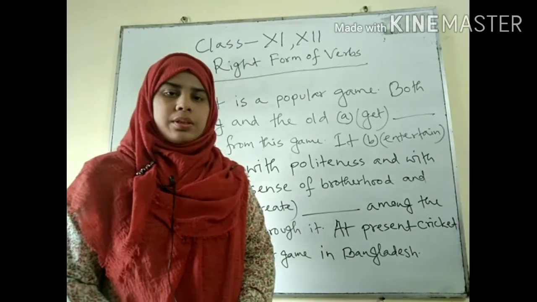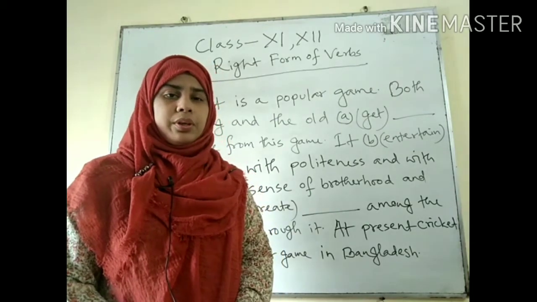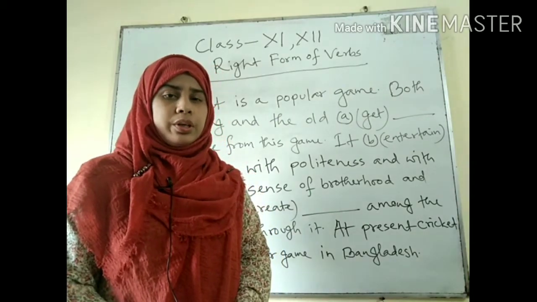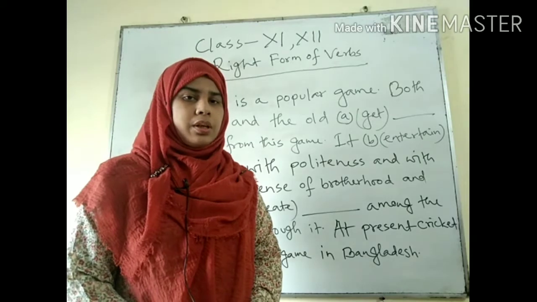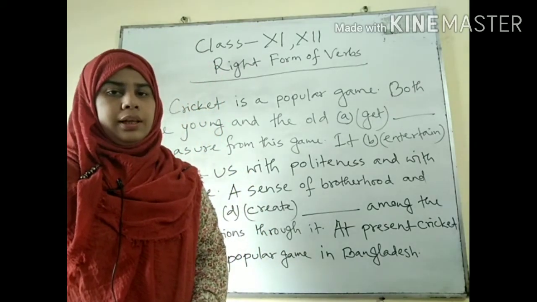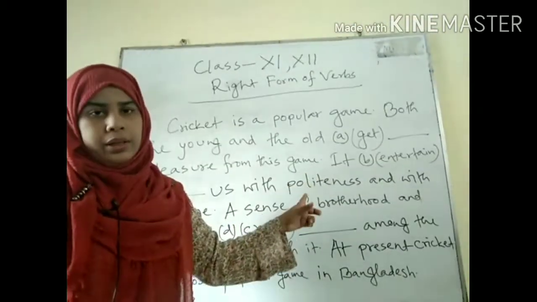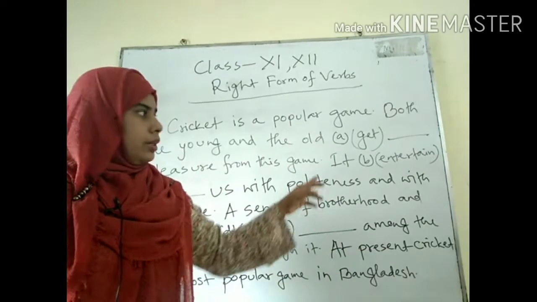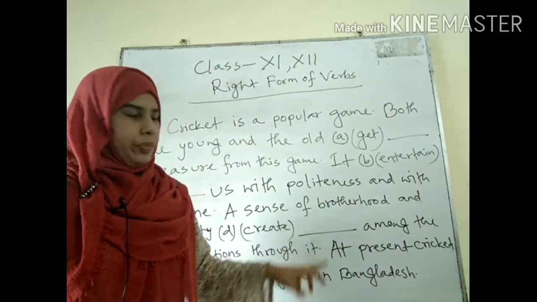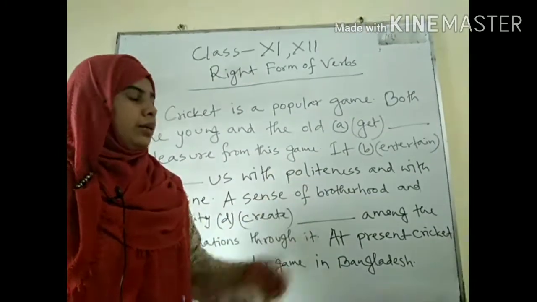You know the rules, and you are learning it from your class 6, but you are not efficient enough to apply the rules. So today I am going to solve 2 board questions, and I will try my best to explain the rules well so that you can understand the gap well and understand how the rules are applied in right form of